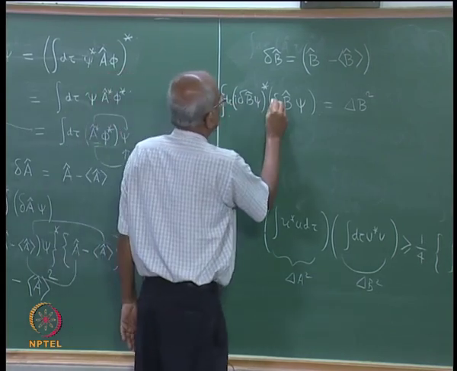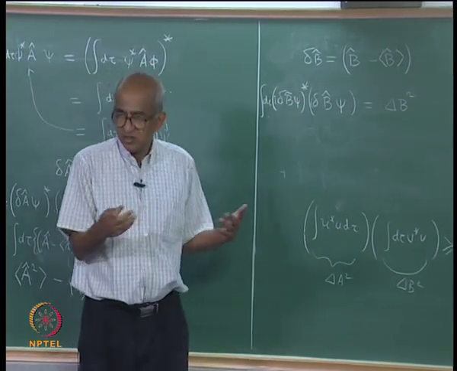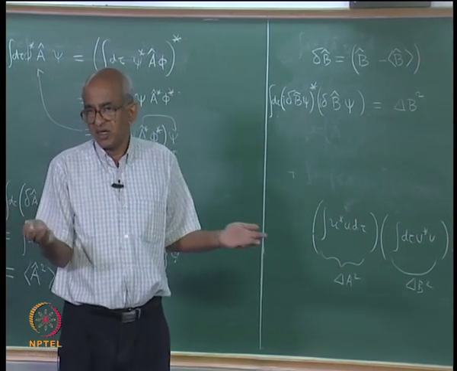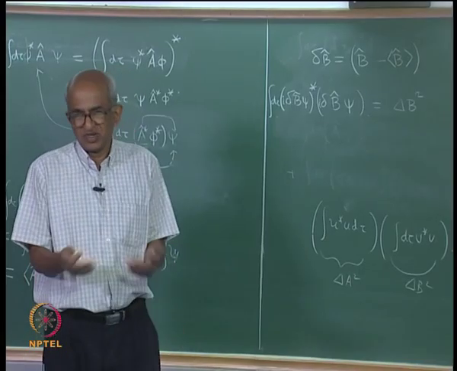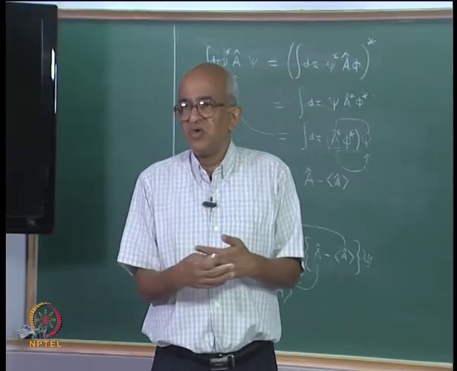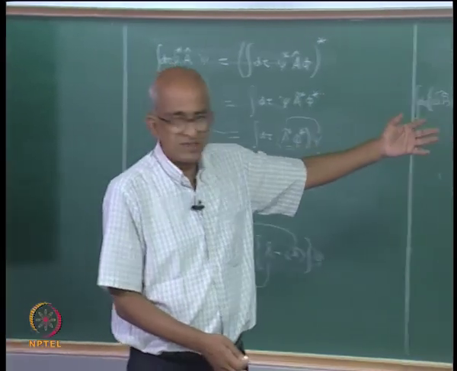So, I will put another i here, so that everything combined together will give me plus 1. So, I have not done anything. So, therefore, this also is valid, right. I mean, these are simple mathematical manipulations. The reason for doing this is not obvious at this moment,